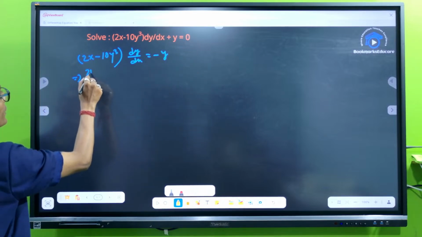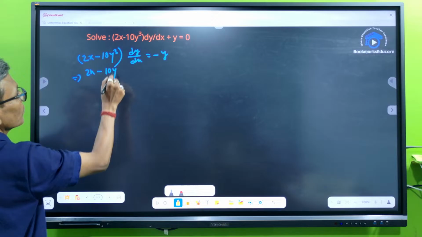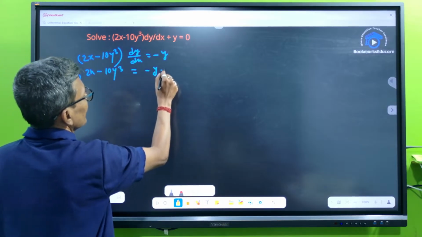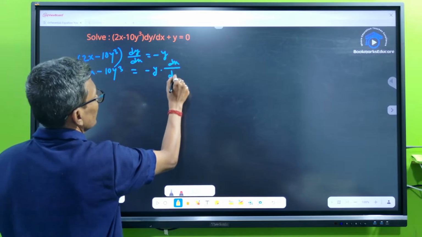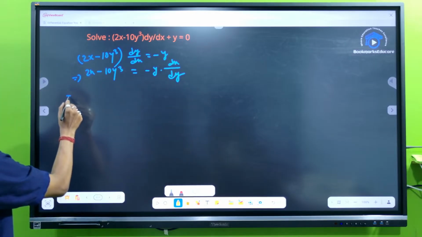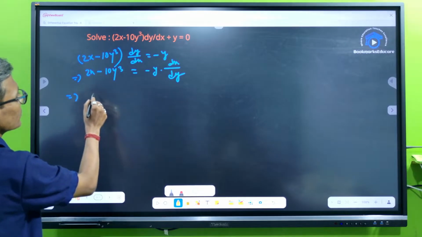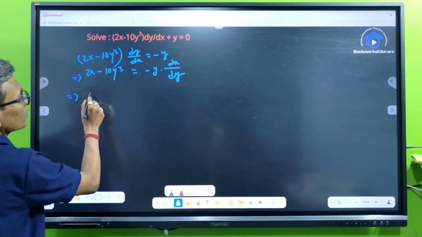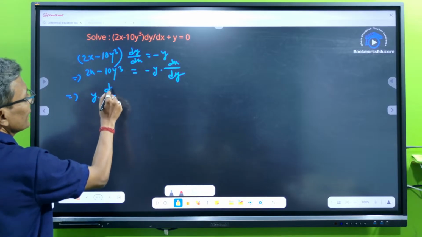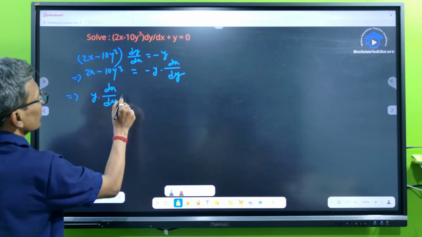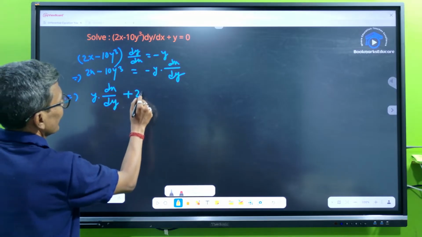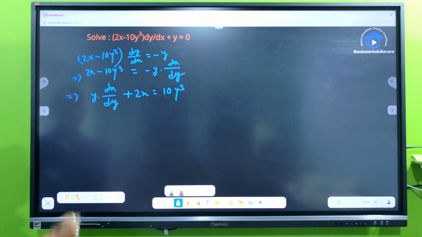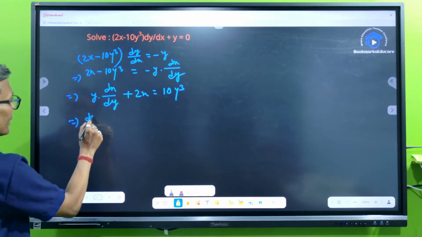So 2x minus 10y cube is equal to minus y dx by dy. So y into dx by dy plus 2x is equal to 10y cube. So dx by dy